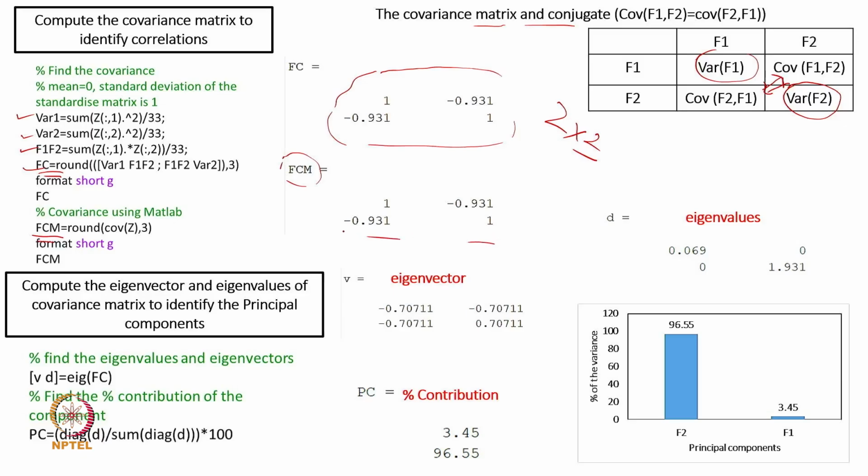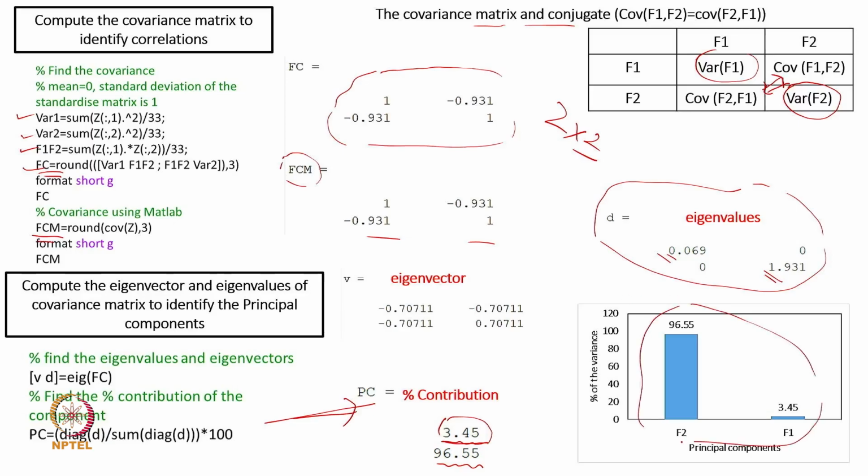These are the values given. Now, we calculate eigenvalues, and as you can see here, the first eigenvalue is 0.069, while the second eigenvalue is 1.931, which is significantly high. Now, the percentage contribution has been shown something like this here. The first eigenvalue gives a contribution of only 3.45, while the second eigenvalue gives a contribution of 96.55, significantly high. Naturally, we can neglect this value in this situation,